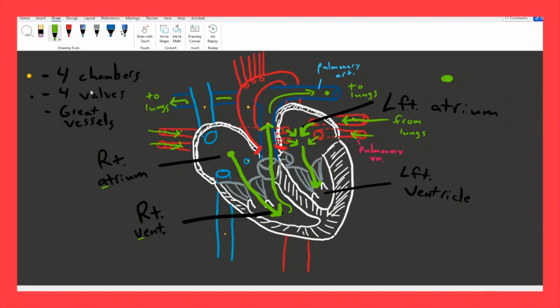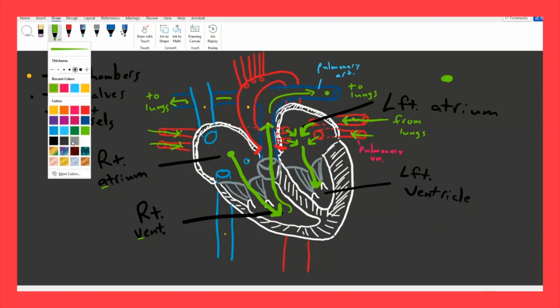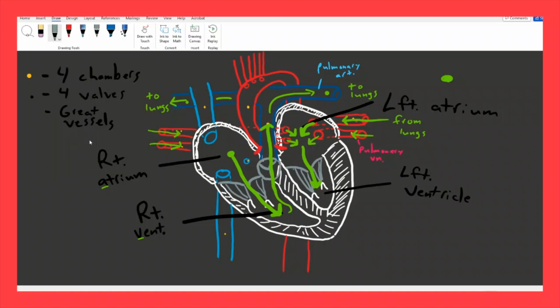Any of those names are the same for this particular valve, but when you're talking about the 2 AV valves, right and left, generally speaking in the medical world, we are talking about tricuspid on the right side and mitral on the left side are the names people like the best. Remember that. And I see a tiny flaw in my picture I think I'll fix right now. See my other semilunar valve right here? I drew that a little too high. Let's make that a little lower here because it's coming out of